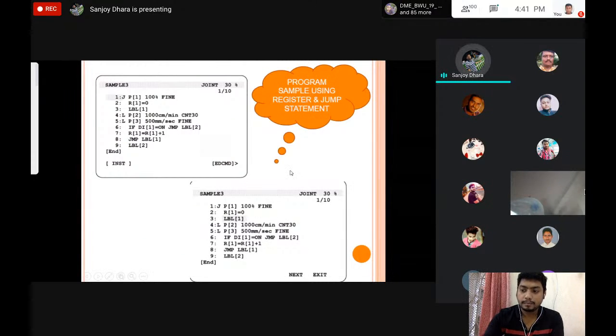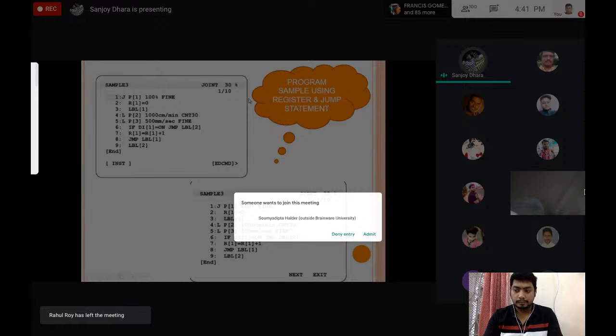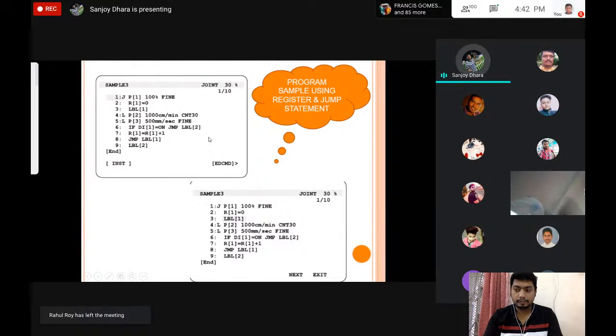This is another program example. Here you can see different things: these are points, these are register values, these are different things you can see in a Fanuc robot program. You can see here joint 30%, which means the robot will run at 30% of its